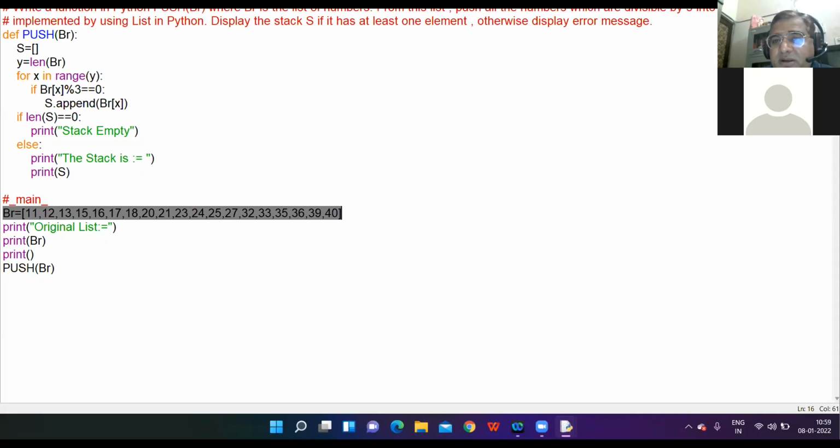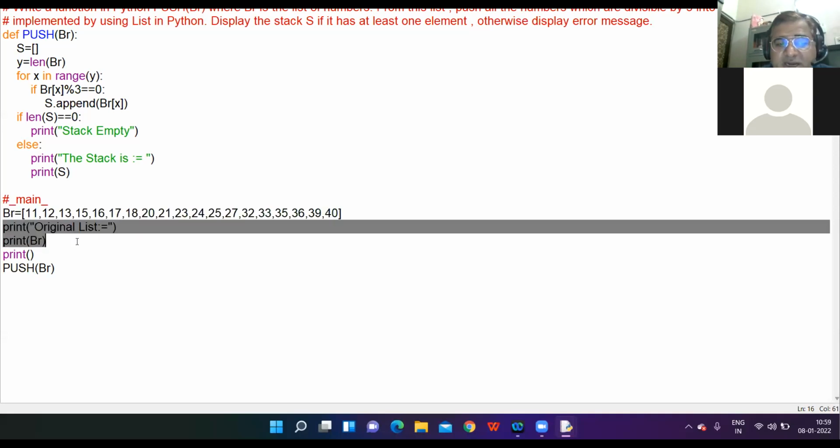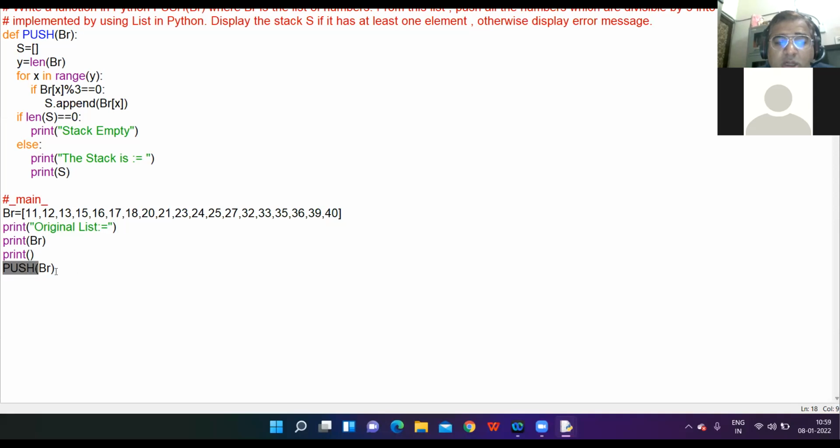Okay, all right, so start from the main function. I have initialized a list. Okay, print the original list as it is. Now call the push function, and inside this push function you pass your list as parameter.